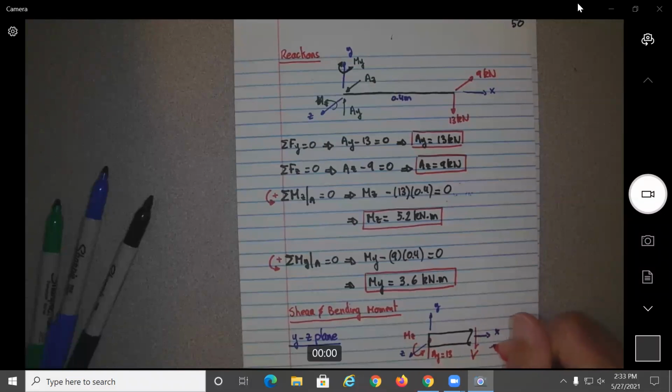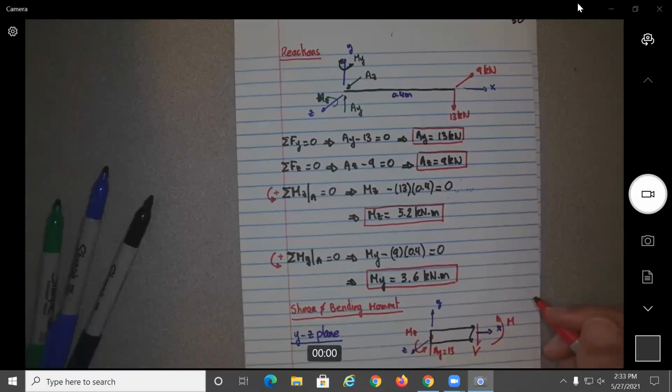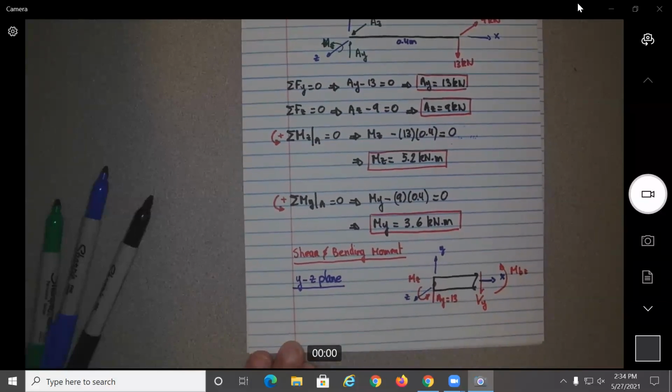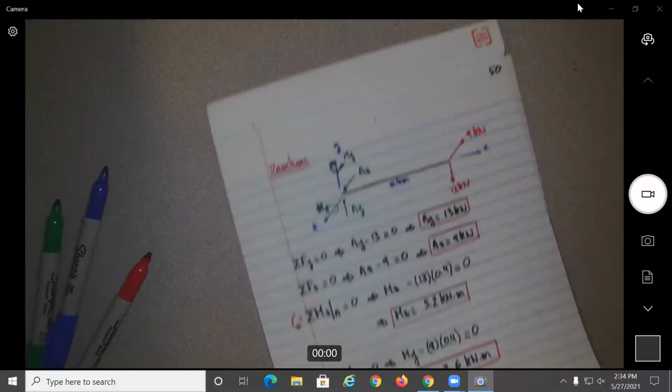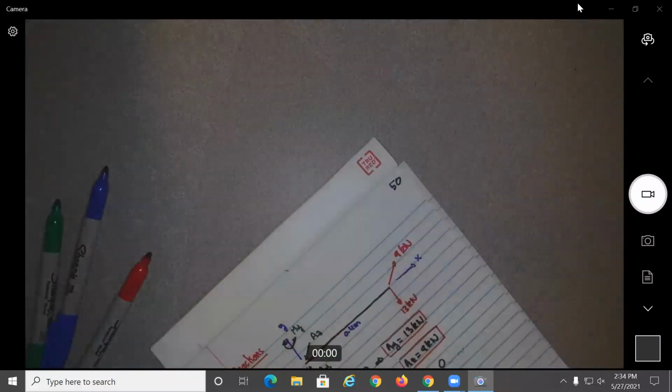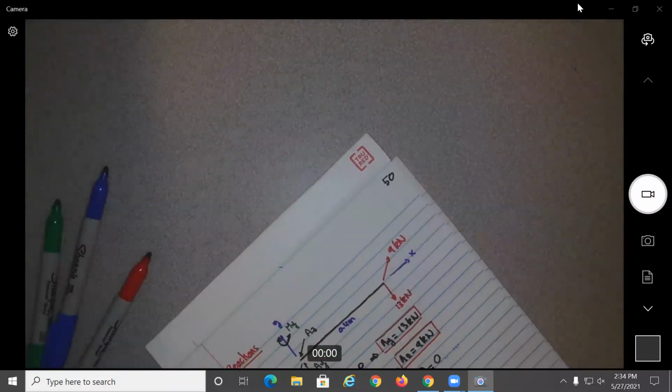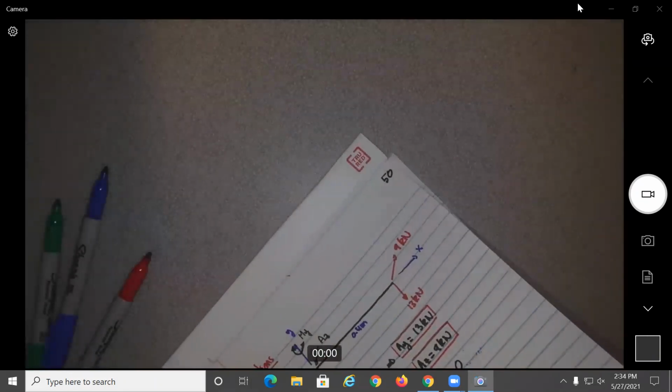We're gonna have here M. So let's see, that will be what? Vy. That will be M bending Z, okay? Let's call this one M bending Z. Again, we don't need it, but